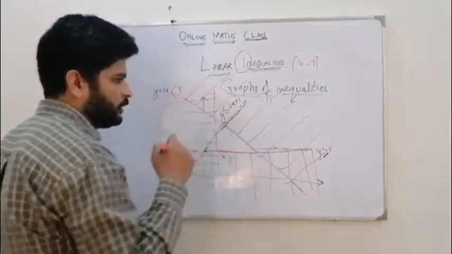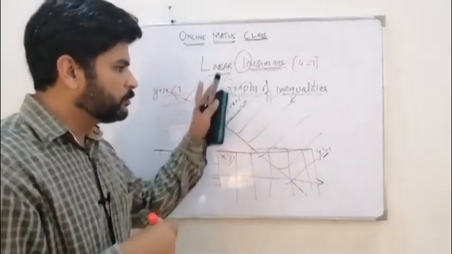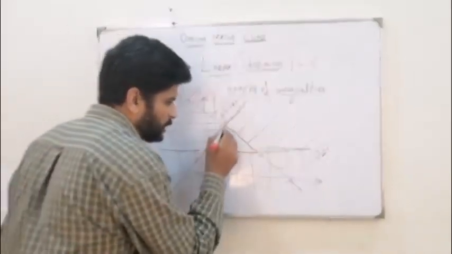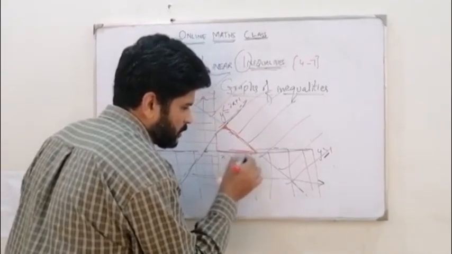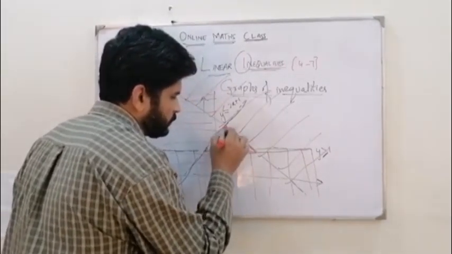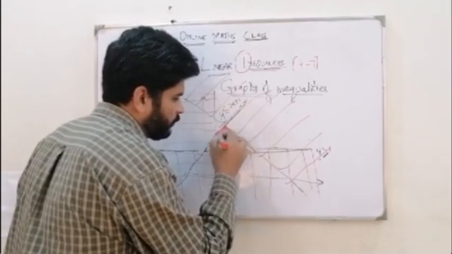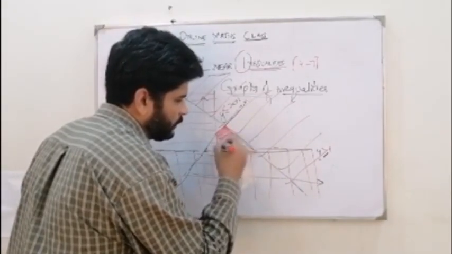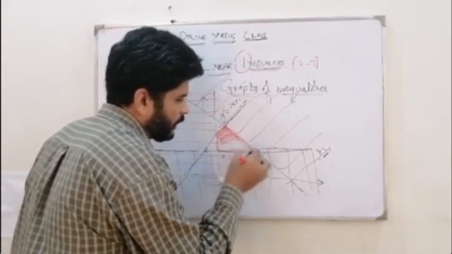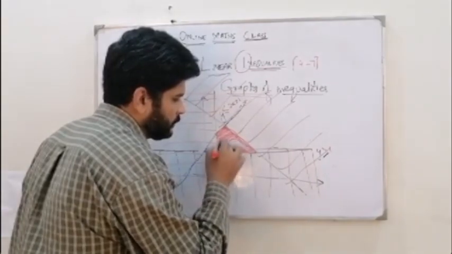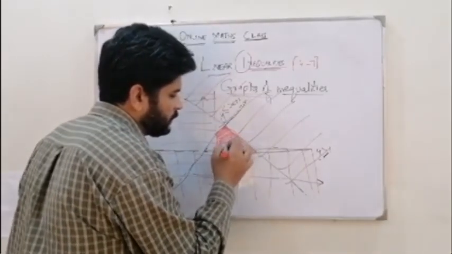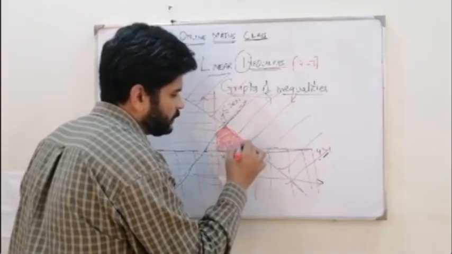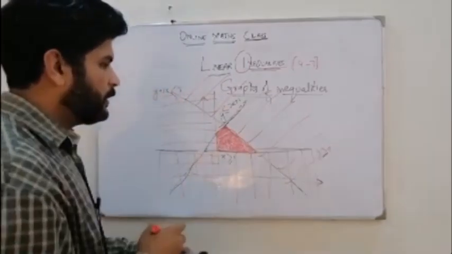This is not shaded. So then remove all this shading and make this a solid shading. This is the required region. Then you're going to shade it with a solid color. This is how you identify the region. Always go for shading the opposite side. I'm going to revise this. Let me repeat this question again.